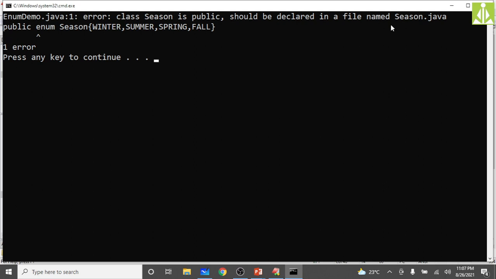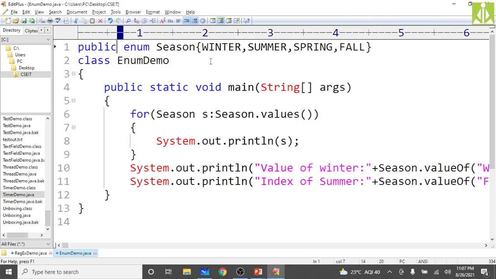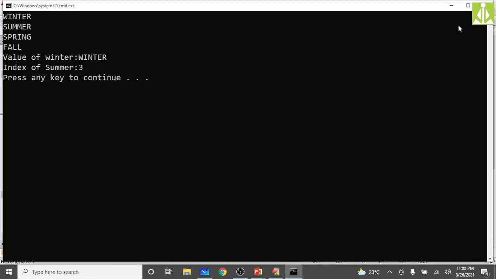Okay, this public thing is not required. Yeah, as you can see, we are getting the same example.